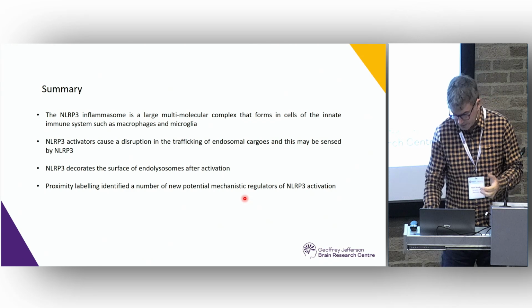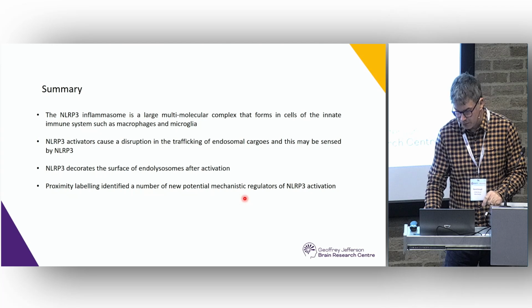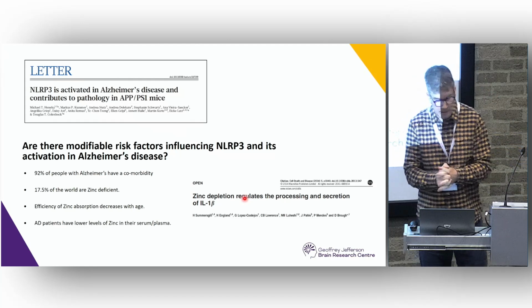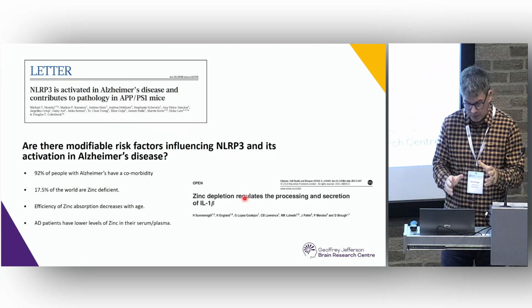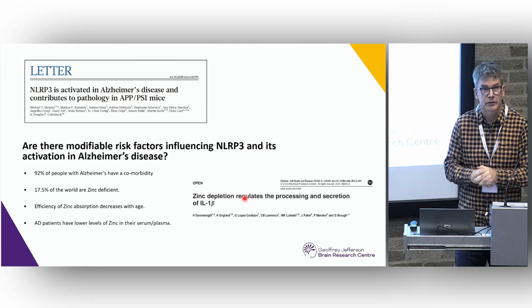We think we need to study this because NLRP3 is reported to contribute to a number of brain diseases, or the inflammation in brain diseases. And I'm going to give some examples where that's been the case. This work I'm going to describe was based on the work of Michael Heneka. I don't know if Michael's here yet, but